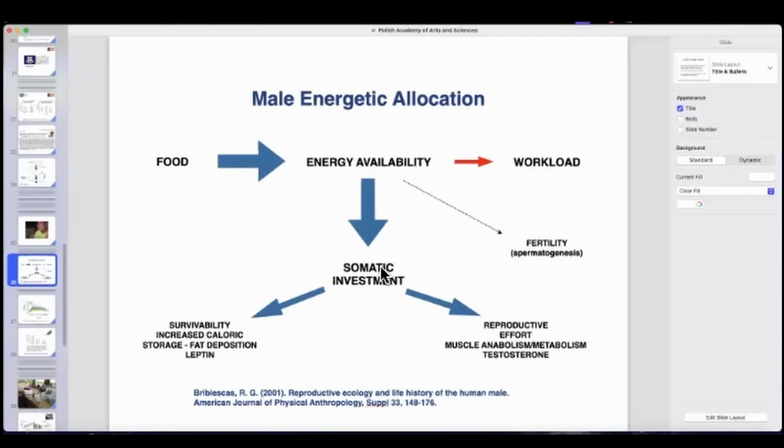Again, commonly no lactation, but there are still allocation decisions to be made between survivability, tissues that can increase survivability, such as fat deposition in lean times, but reproductive effort in the forms of sexually dimorphic tissue and our old friend testosterone, which supports a lot of these aspects of male reproductive effort. So it's important to ground yourself that the dynamics are going to be very different in many ways